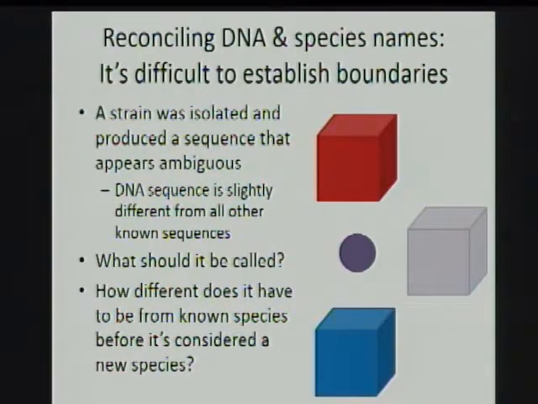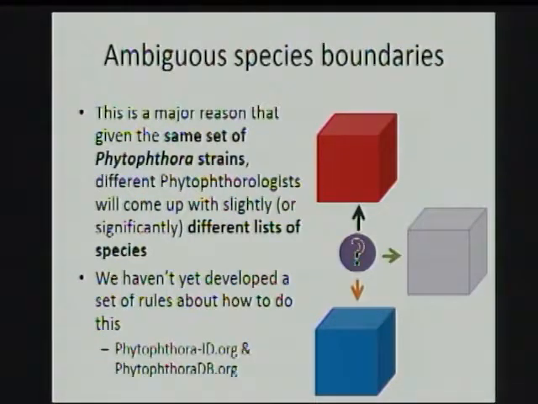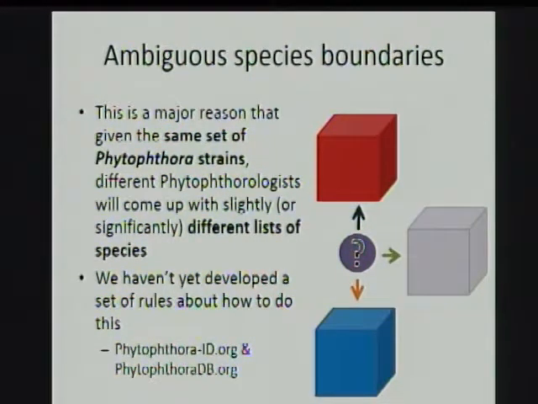And there isn't necessarily, even with the old system, an agreed upon way of dealing with these ambiguities, but certainly the DNA system is so new, there isn't a school of how to use DNA sequences to identify any type of fungus or oomycete. And so we just don't know. So different researchers, you give them the same set of strains, they are very likely, even if doing things the right way, nobody's right or nobody's wrong, to get different species, because it's a bit of an art, if you will, this identification right now.